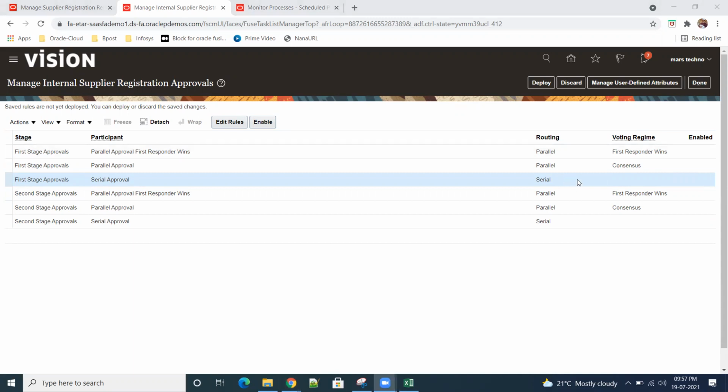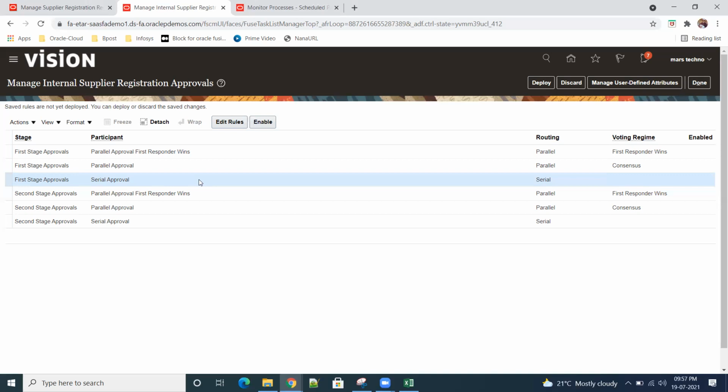And Ramu, how will we be setting these approvals? Will these approvals be going to the supplier, or how will it be? Once you click on the registration, for example, if I enable this serial, the system will trigger this particular approval, and under this rule, whatever conditions I have written will trigger, and the system will either approve or reject it.